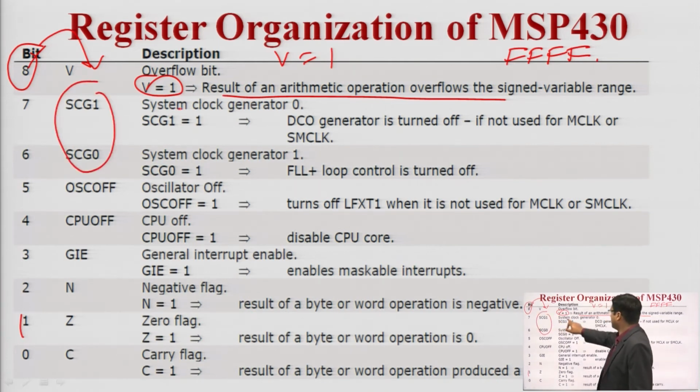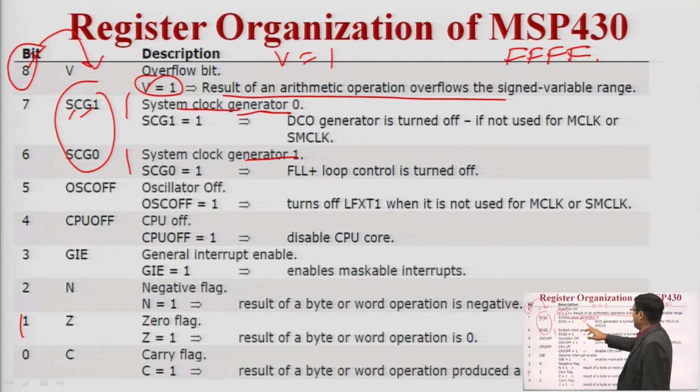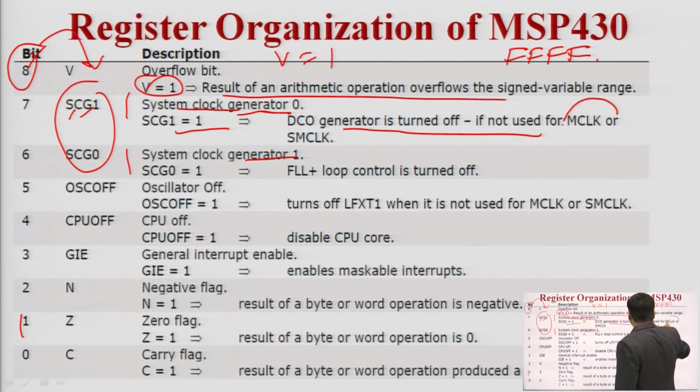SCG1 means system clock generator: SC means system clock, G means generator. There are two system clock generators available, generator 0 and generator 1. So we can say that when the particular bit value is 1, SCG1 is used to turn off the DC generator. If we are not using MCLK and SMCLK, if it has a bit 1, that is used